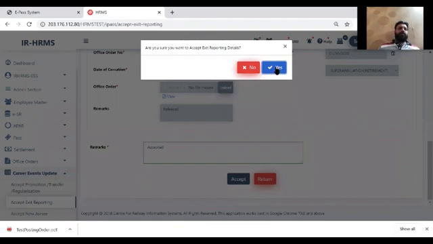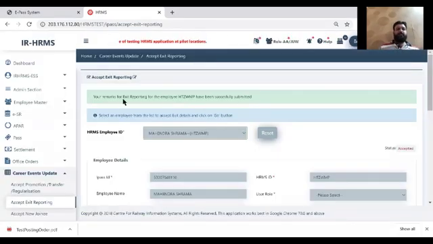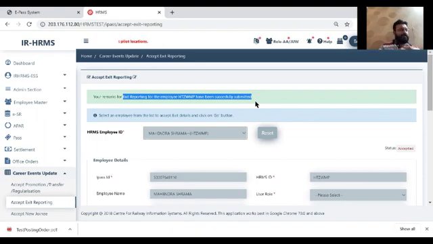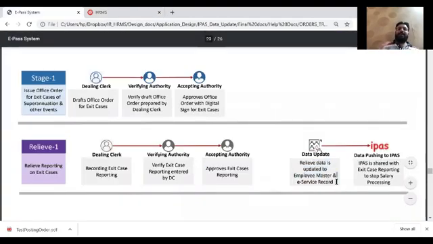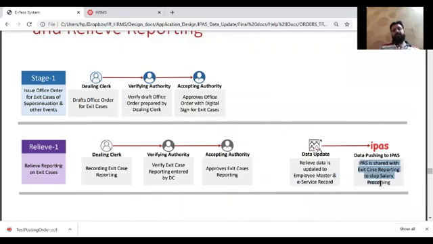So we just need a transaction OTP. And after submitting this transaction OTP, my remarks for this employee is submitted, and this employee is now marked as retired employee, and his employee master and ESR are closed, and the same information is passed on to IPAS for salary related transactions to happen on next salary cycle.